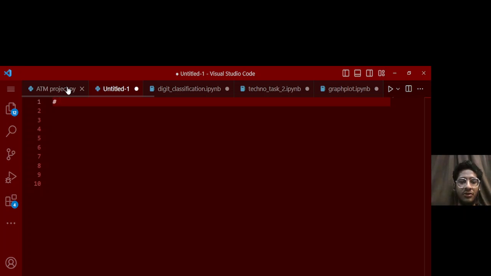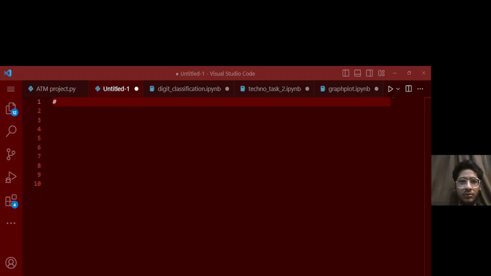I'll just try to explain how an ATM machine works behind the scenes, what kind of code is running behind it. I won't cover the graphical user interface, GUI and all that, because that is an advanced concept, and I don't want to confuse you with that. Okay,